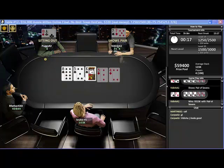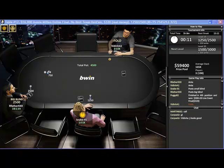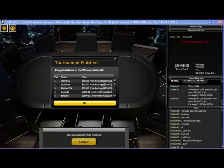Puggy would do that 100 times out of 100, and even if the chip leader turns his hand face up there, I'm not sure Puggy still might not shove there, because he needs to double at some point, or else sit and wait for our father to possibly bust there. So kind of a stroke of bad luck for Puggy to bubble there with ace 10, especially folding around to him in the small blind, shoving, running into the big blind, and overall chip leader with 7s, who's going to call him with a lot of hands there, and actually had a pocket pair and knocked him out. So you see here, top 3 finishers, all who won $13,500 trip packages, were Vidinha, Snake 91, and our